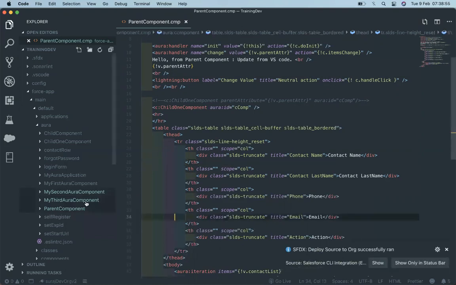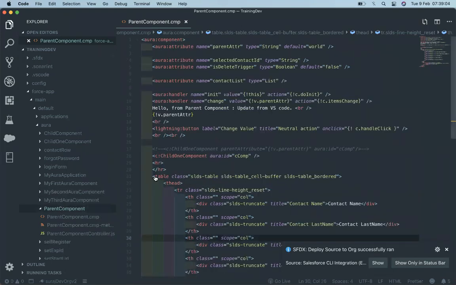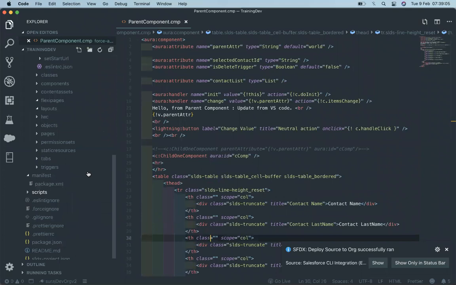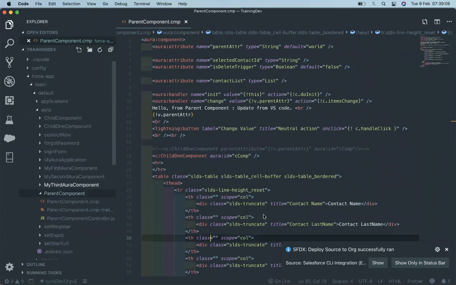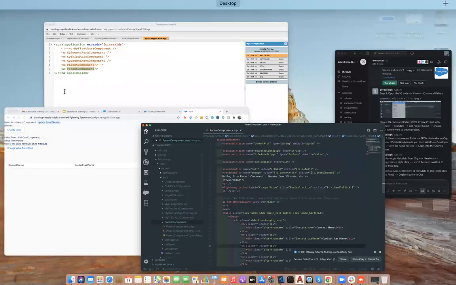Similarly, we also have an option where, suppose I want to retrieve only a particular file, not all the files. Suppose I make changes on this component, on the parent component.